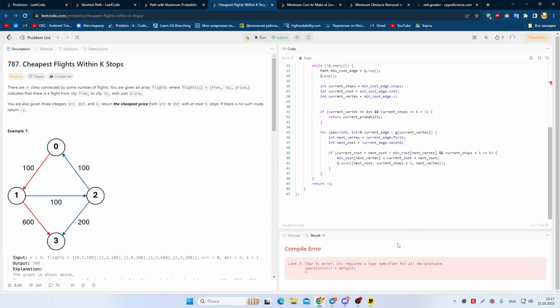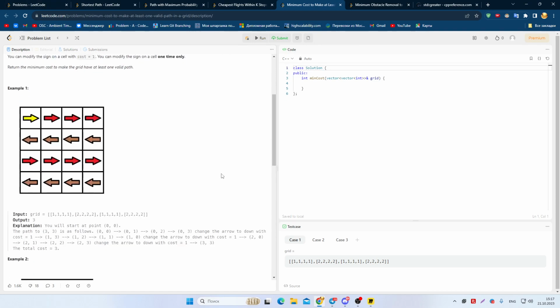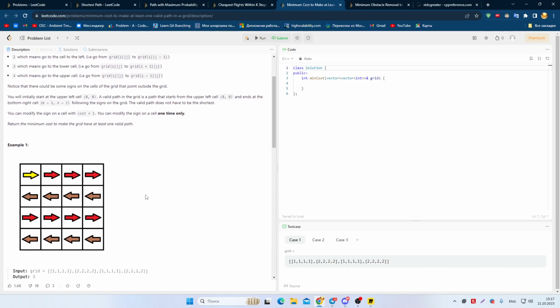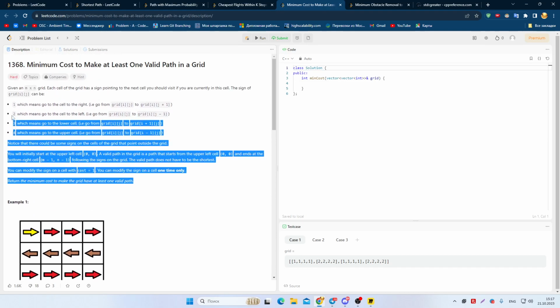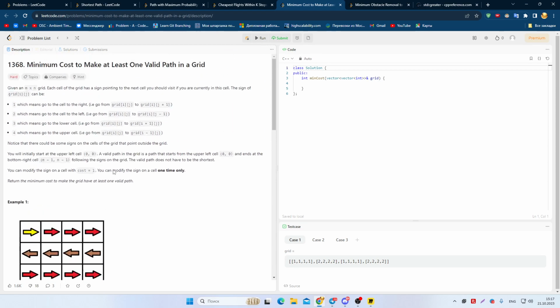So that's all, I think. We will consider this task. Okay, let's consider this task. This takes no much time, no huge time. So you have a grid. You have to go for